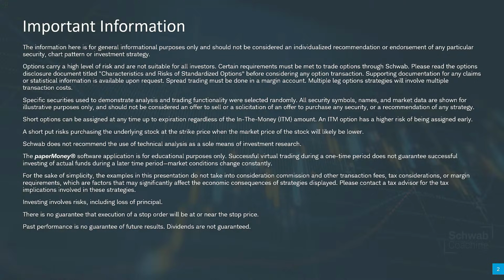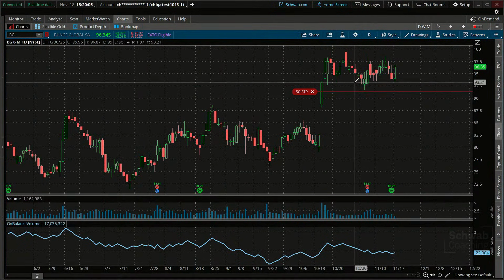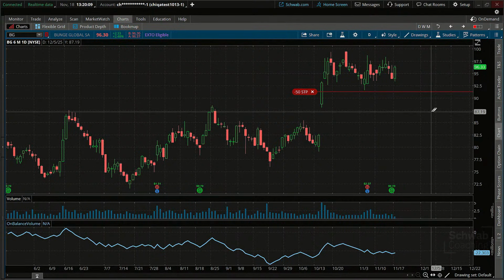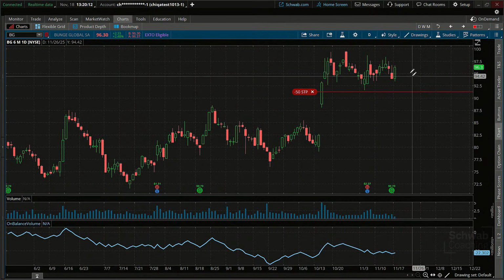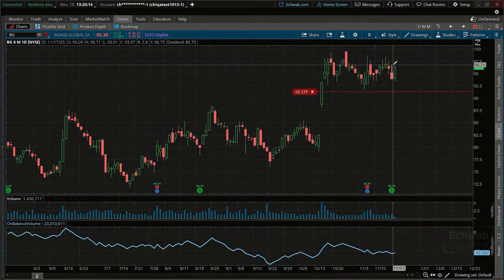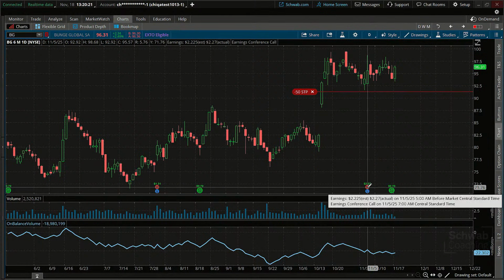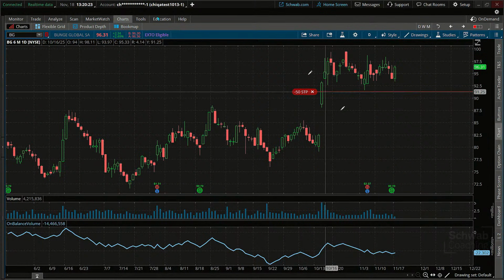as I come over here, we'll get back to it. Over here on that BG, remember BG or Bunge, this was a scenario we were looking at. We did have a trade on this, and it's been kind of flat through here. It's been a little bit erratic. There were some earnings that came out. The earnings came in at 227 right here. This was a little bit different.